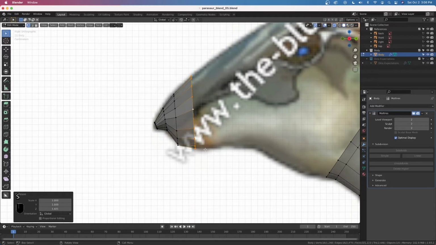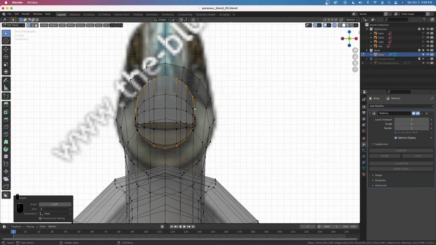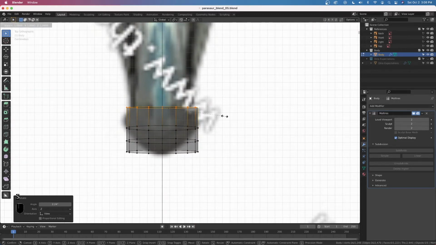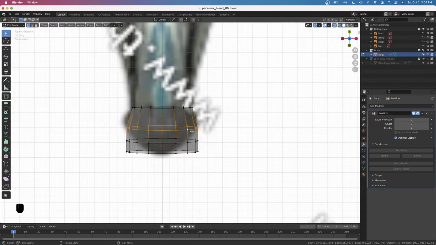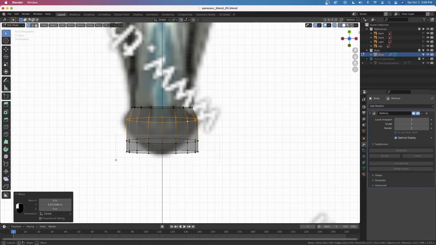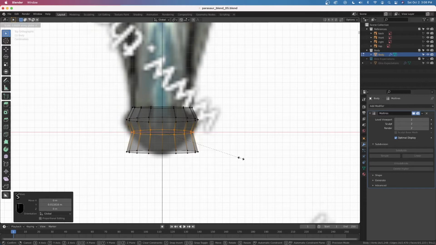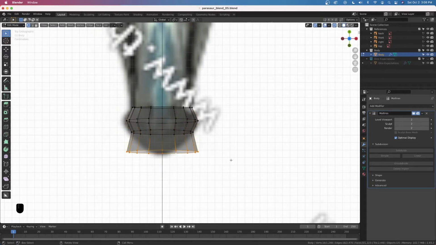SZ, rotate, see where we're going on the front. Probably scale on the X and median point. Oh yeah, so we're going to need to scale on the X on these guys here too. I'm actually going to move this on the Y. Move it back, and we'll just move this one on the Y, scale in, maybe move this a little bit more forward, scale in the X,